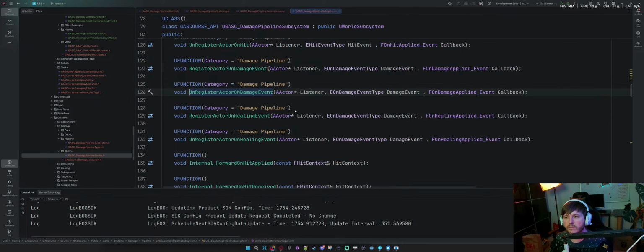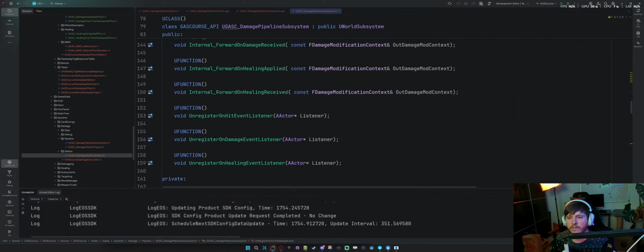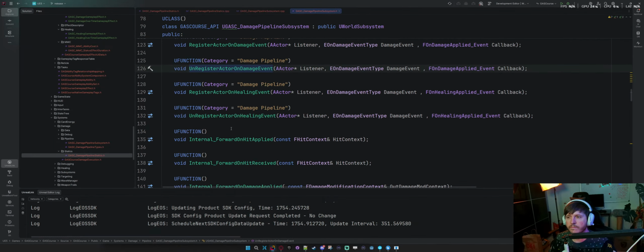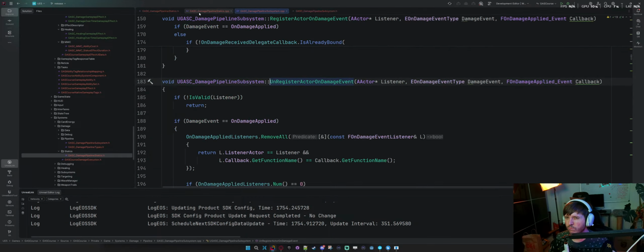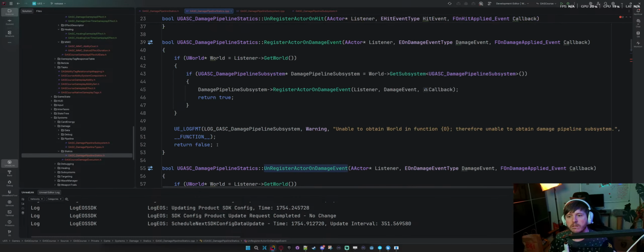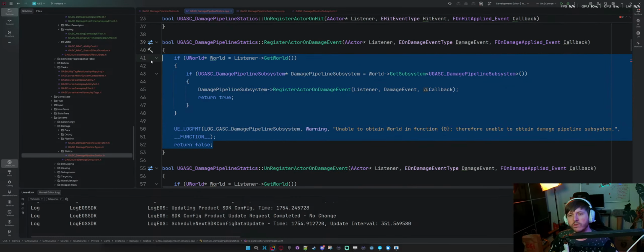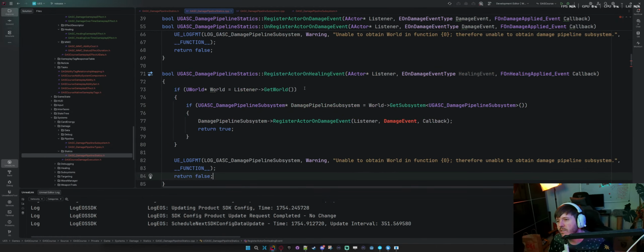What is the difference here? We have a lot of unregisters, right? Is it redundant? We'll see. So now we'll do this one more time for healing, and then we should be able to start testing some stuff out.